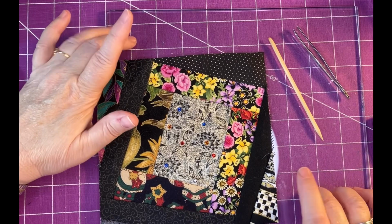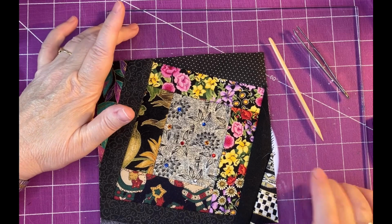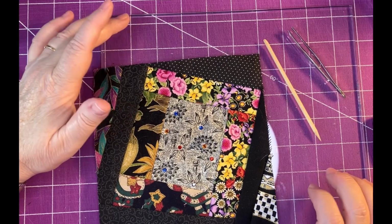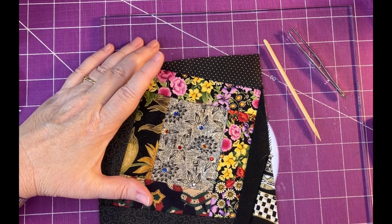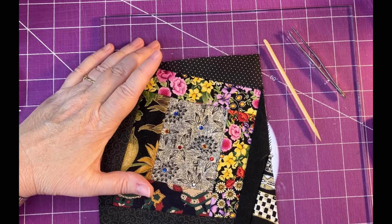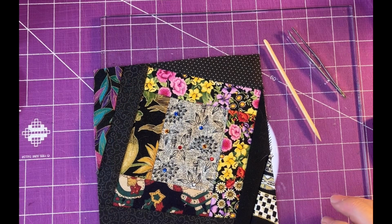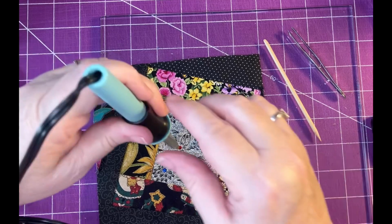Speaking of heating, you'll notice that I have a tempered glass mat underneath. This one came from my kitchen. It is made to sit hot pans on it. So I am protecting my cutting mat with a tempered glass mat. I don't want to melt my cutting mat. It's in bad enough shape as it is. So let me get back to